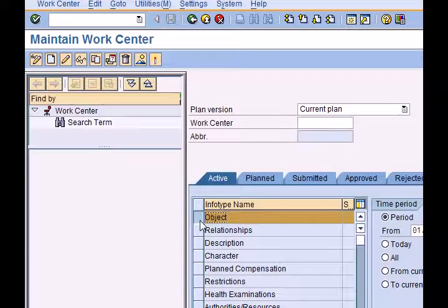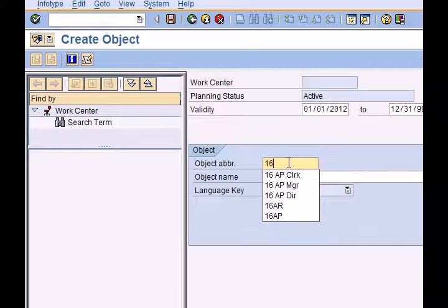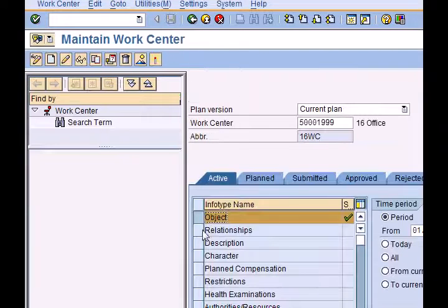And the first thing I need to do is create my object, which is going to be my work center. So I will call it 16 work center, and the object name is 16 office. So I'm creating an office and I will assign a position to it subsequently. Just hit on save and my object is saved. Now I assign a relationship,